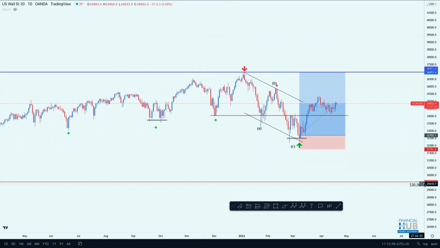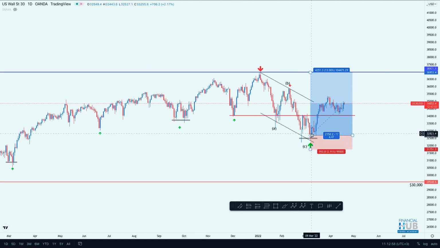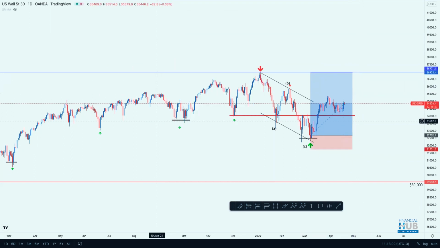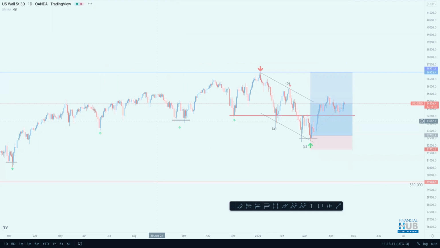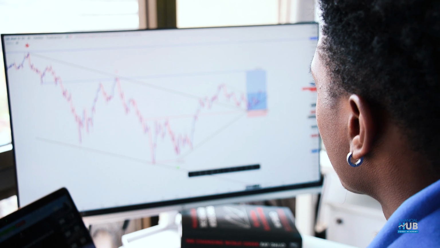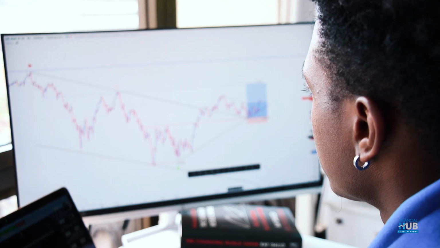So there we go. Just a quick ABC correction, a good drop, which was about 10 to 15% of the previous highs, down to that level, and now I'm expecting the market at least to go to the 37,000 level. If you go down to the 4-hour chart, a better flag formation was also formed, a smaller one. So it was a much better confluence, a very good risk reward trade as well.